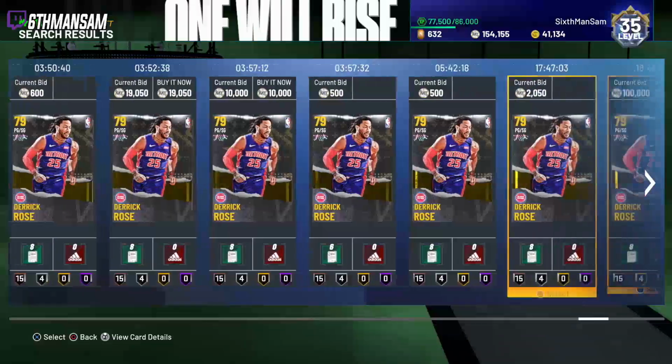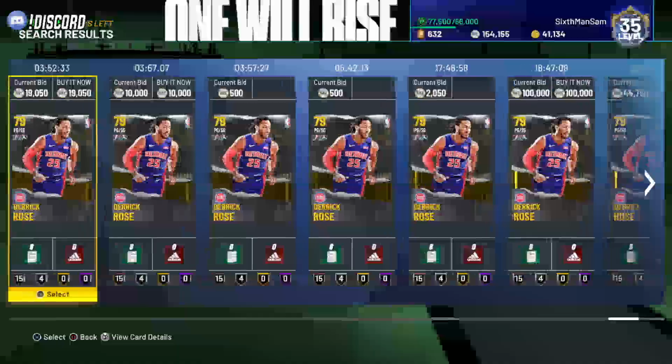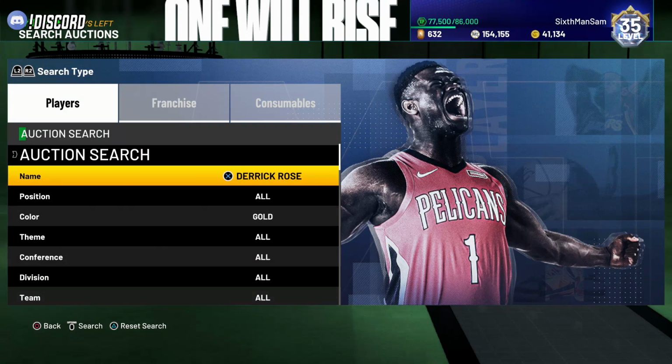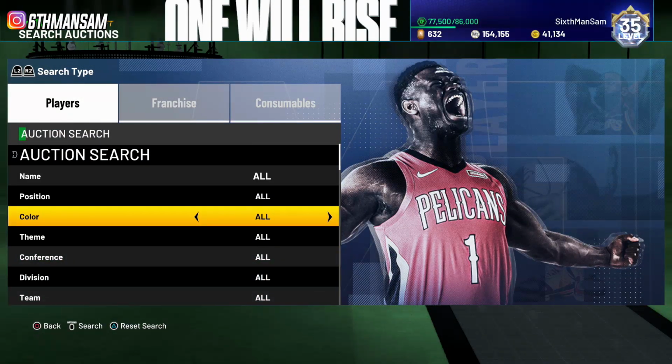Okay, it looks a little bit more normal now, but seriously, 10,000 for a gold card. You might want to try to snipe a Derrick Rose for 5K and under and flip it for 10. That's just a recommendation for you guys that don't have that much MT. But going ahead and moving on to another filter here, I'm going to recommend the pink diamond